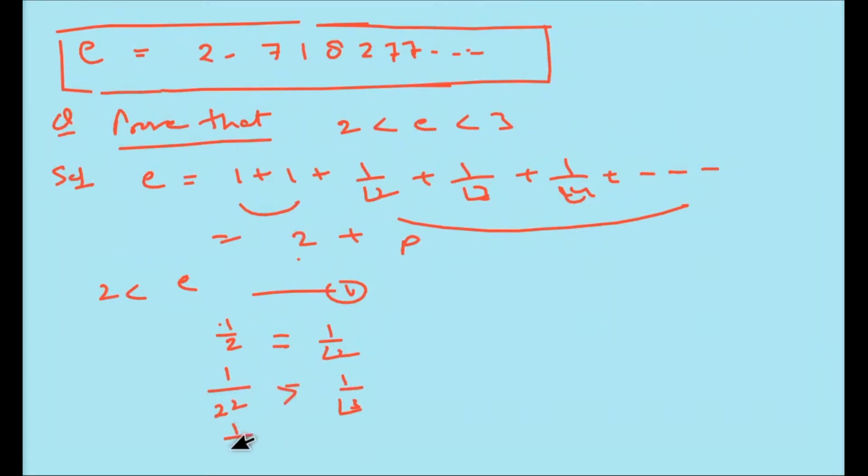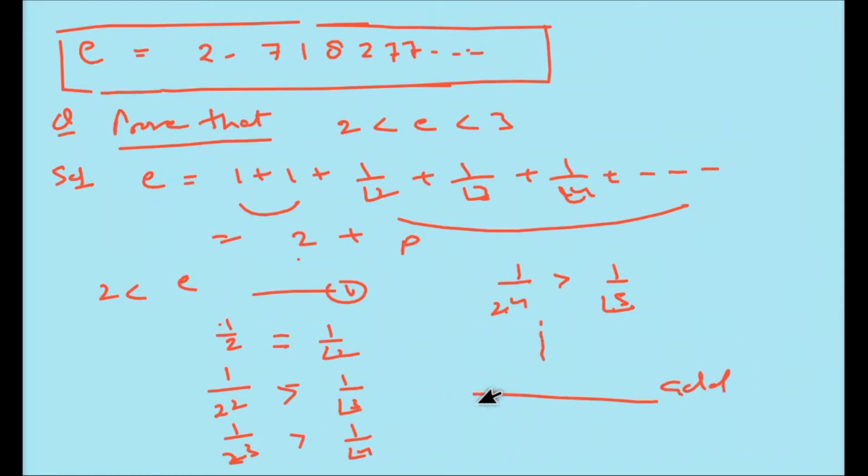Okay, now 1 upon 2 cube is greater than 1 upon factorial 4, and similarly 1 upon 2 power 4 is greater than 1 upon factorial 5. Okay student, the value of factorial 5 is greater than this, so this value is less, so in total this value is greater than this. It is a reciprocal here: if the denominator is greater, the fraction will be less, so this will be greater than this. And similarly up to infinity, if we add it,